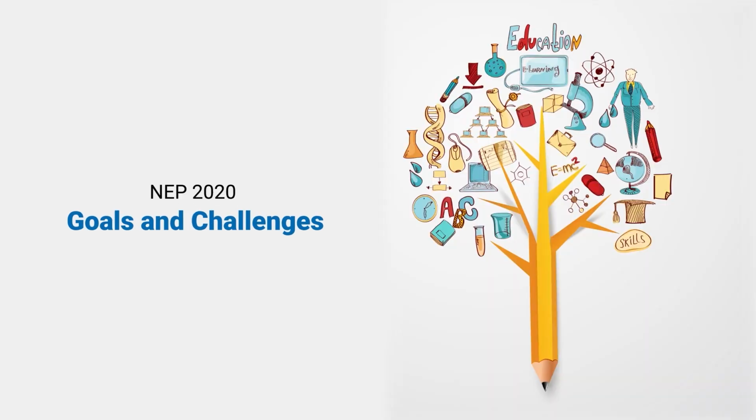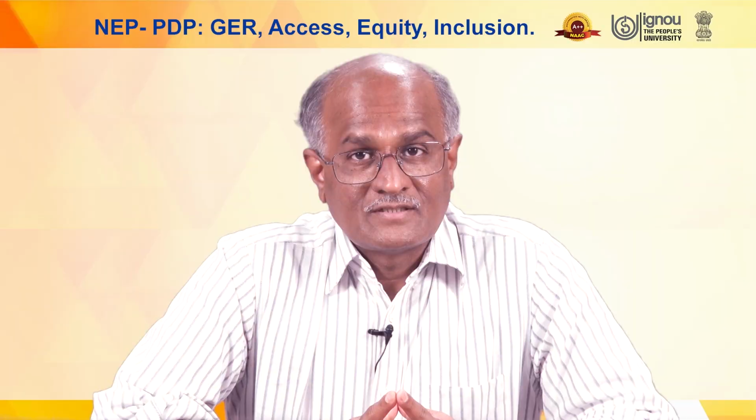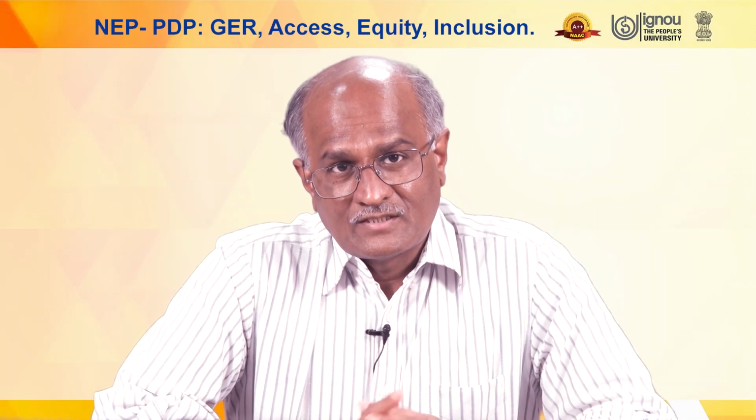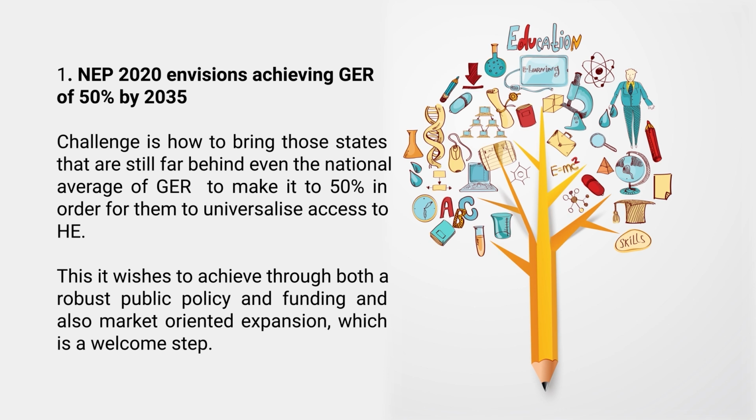Then, set in this broad background, how do we look at the NEP 2020 proposals and goals, and what kind of challenges or opportunities are we going to confront? The first issue is that NEP 2020 envisions achieving a gross enrollment ratio of 50% by 2035. That means in about 13 years, we are expected to reach 50% from 27% as we